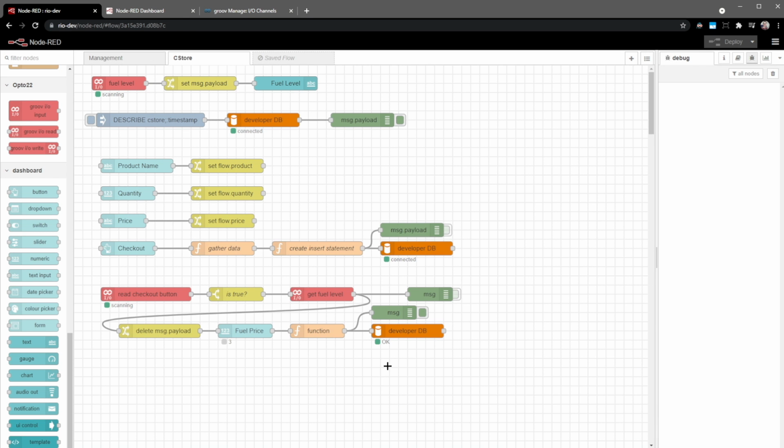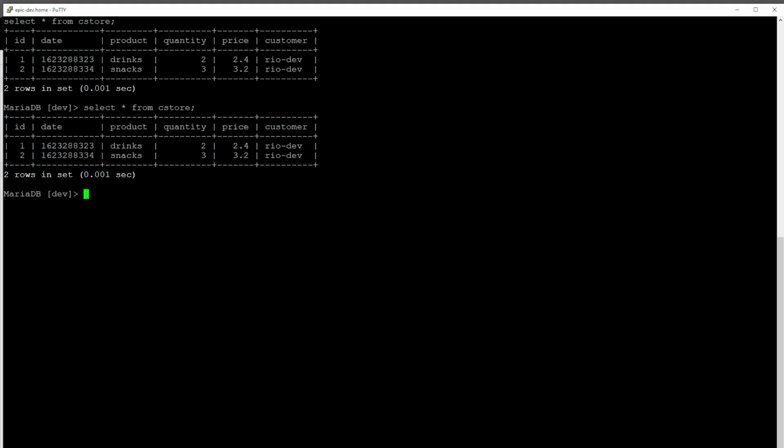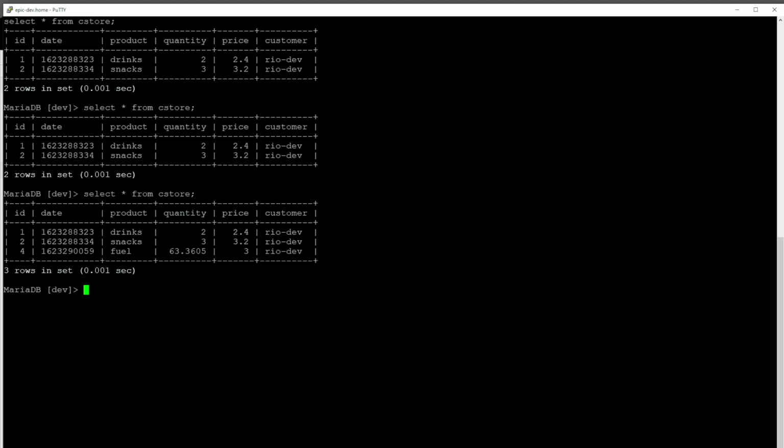If I bring back open Node-RED and select some fuel level and press the checkout button, we can see there we go, we've injected a message and we've gotten an OK from the developer database node. So if I now switch back and do the select again, there we go. We've got a fuel entry where we've gotten 63 gallons at $3 a gallon,